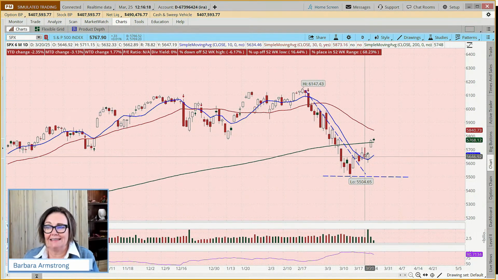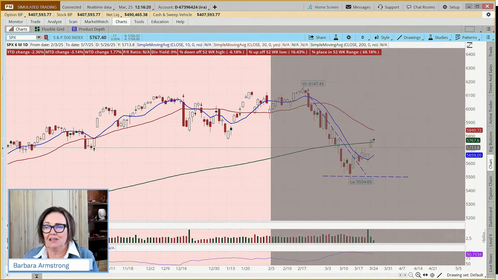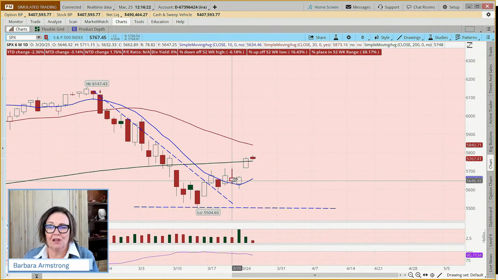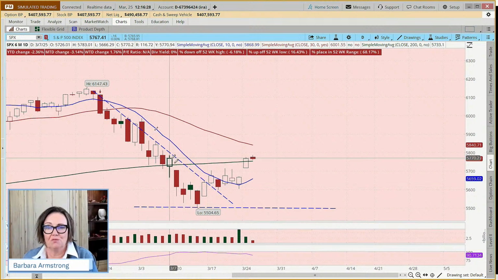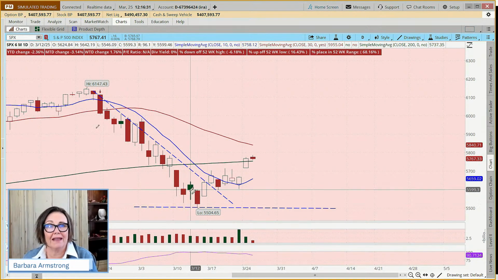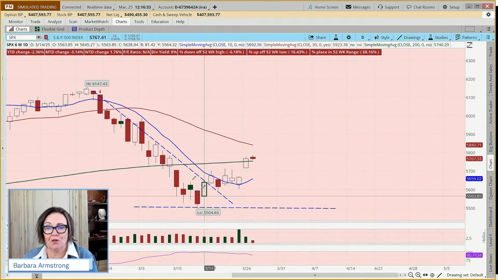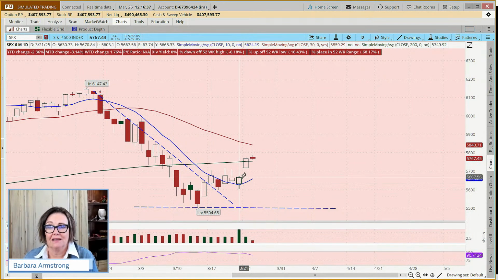We had an inside day. And when you look at this, it opened lower, closed higher. I always think of that as modestly bullish, especially when we're just trying to work our way out of a significant pullback. Like this was significant enough to pull us into correction territory. And then, on the 21st,